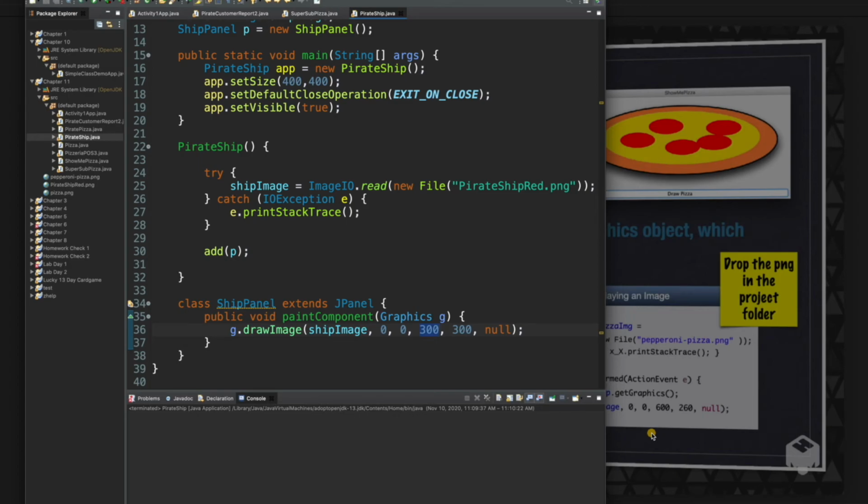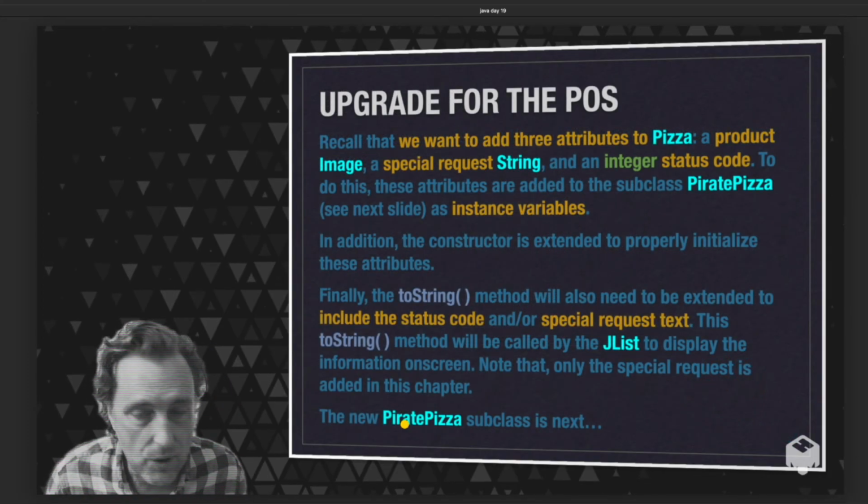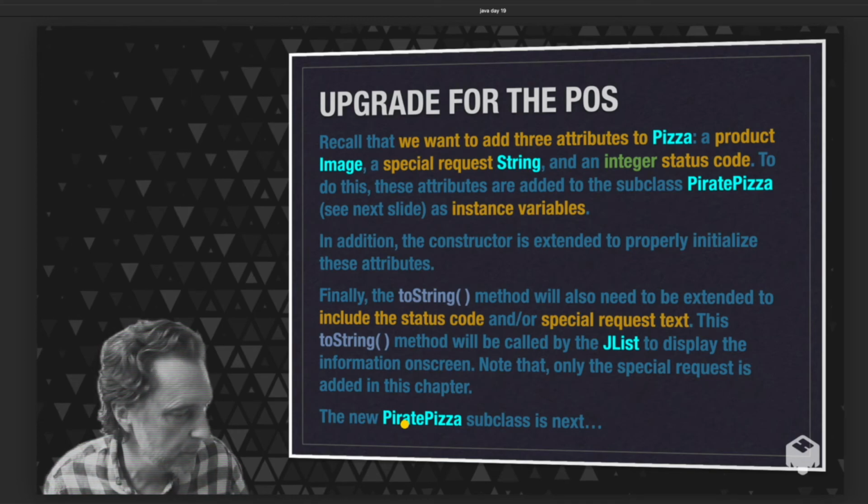So you either have to make the images the correct size first, if you're going to use it in a JLabel or a JButton, or you have to take an extra step, which is create a resized version of the image, which is also relatively easy. So that's what is activity 2. So we're just about out of time, but I want to give you a preview of what we're going to do